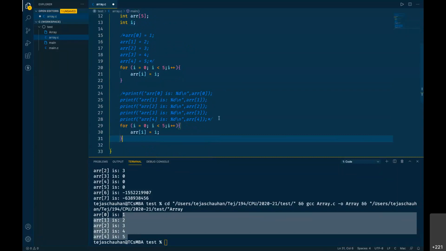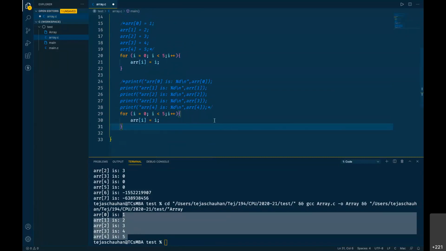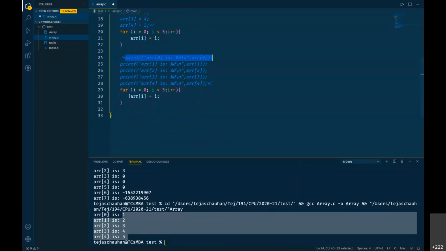Now here also I want to print a proper message, so at this place I will also make percentage D, and that is my first percentage D, so the corresponding variable I should be at this place also. So the first percentage D will have the value of I, the second percentage D will have the value of ARR of I, and it is going to print these messages. If we save and run this code, still we have the same kind of output here. ARR of 0 is 0, ARR of 1 is 1, ARR of 2 is 2, and so on.